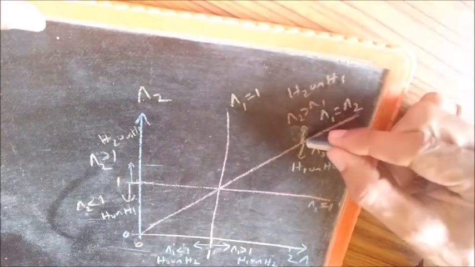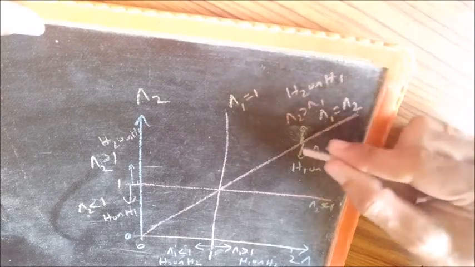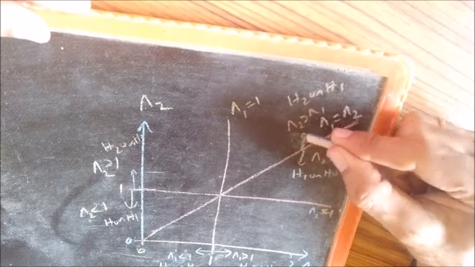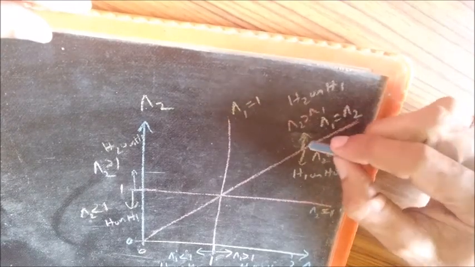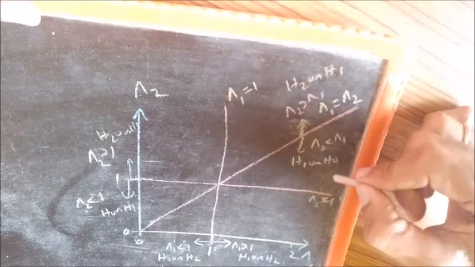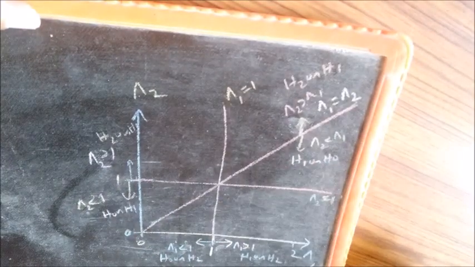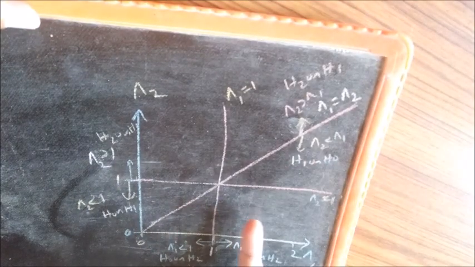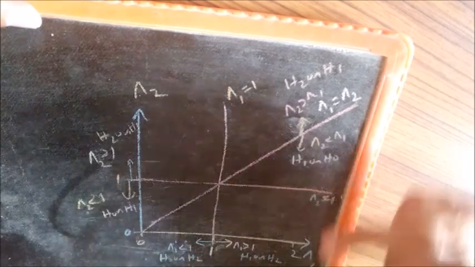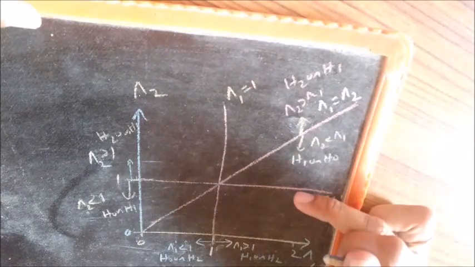Similarly, above this line, we have lambda 2 more than lambda 1. And below the line, we have lambda 2 less than lambda 1. By virtue of the test which we had just now written down, above this line, it has to be either H2 or H0. Below the line, it has to be either H1 or H0. Now, if you combine these, you see that this side, it is H1 or H2, and this says it is H1 or H0,